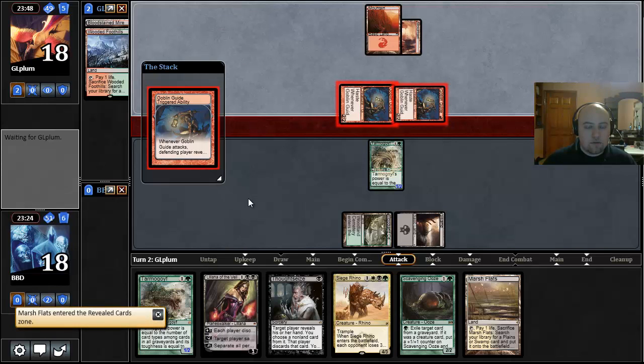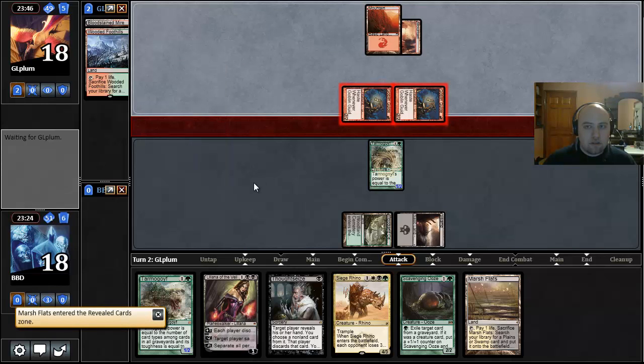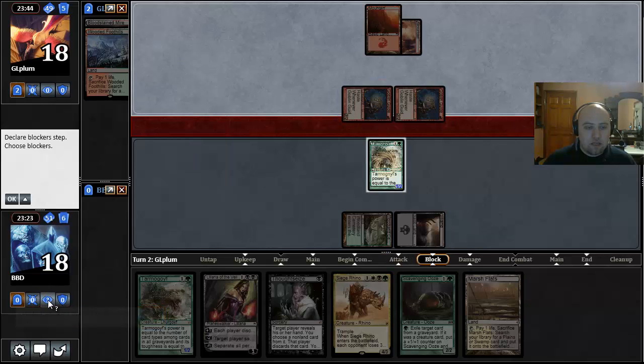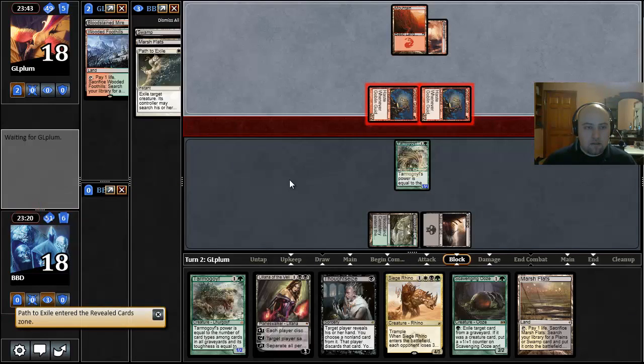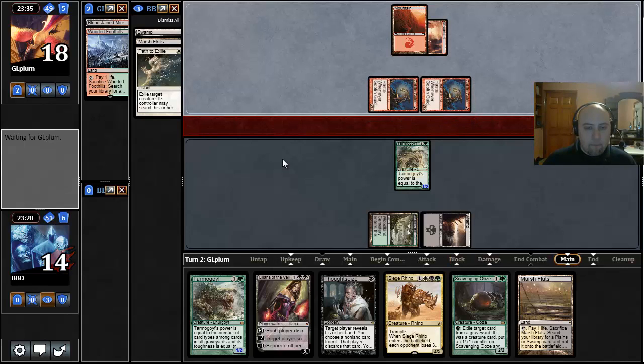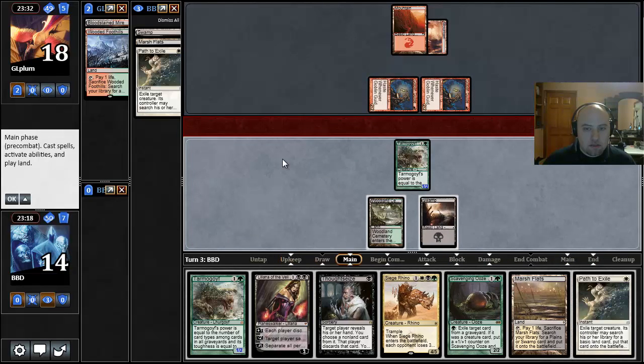Oh, it's a Marsh Flats. Perfect. And a Path to Exile. So I can't block here. I don't want to lose my Goyf. But I probably can do some sweet things. Alright, so we drew a Path,